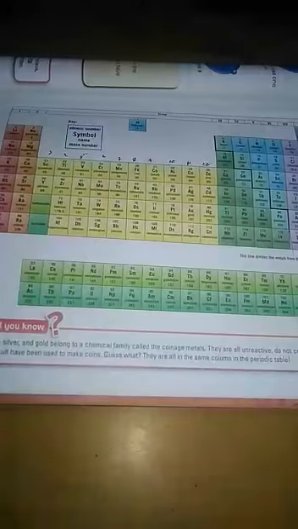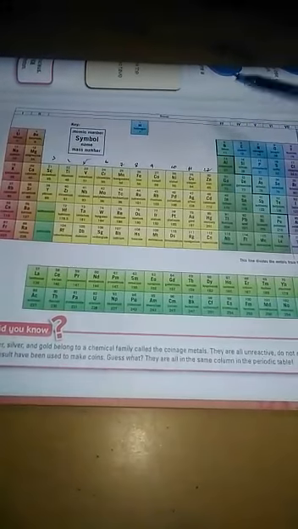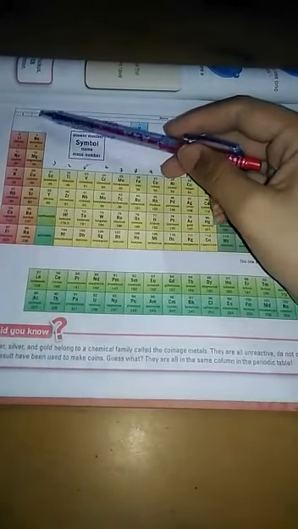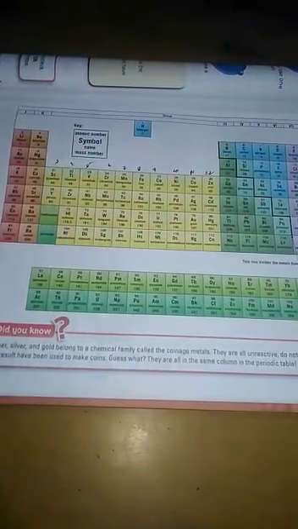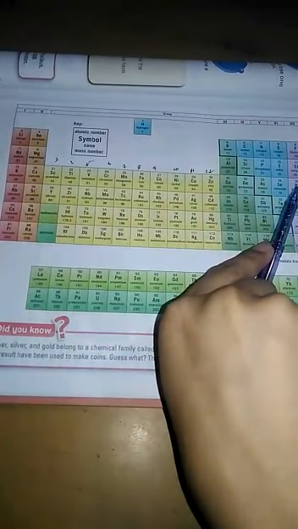In the previous lecture we discussed the periodic table. We know that there are about 100 and above elements present in nature, and these elements are arranged in a periodic table. In the periodic table, the columns are called groups and the rows are called periods. Students, when we move from up to down in the groups, we check that the atomic size will increase due to the increase in the number of shells. And when we move from left to right in the periods, we will note that the atomic number of elements will increase.